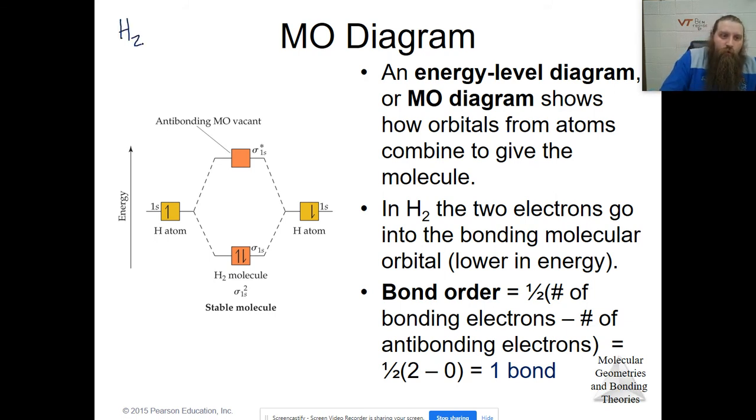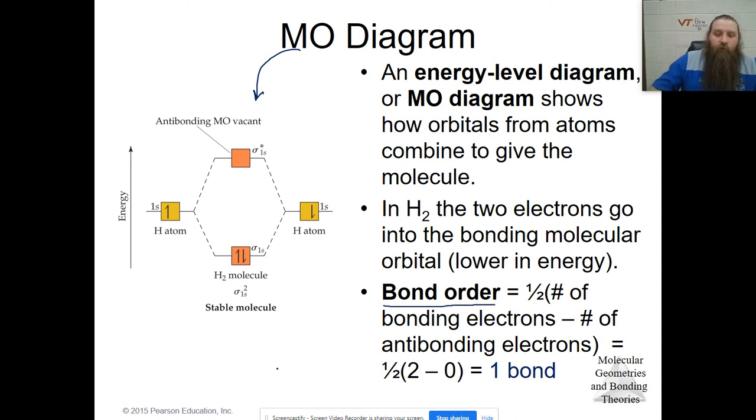So let's first start with, can H2 form? Well, the hydrogen atom has a 1s electron. So here's hydrogen atom number 1, here's hydrogen atom number 2. Actually, we'll call them A and B, because I don't want you to think that's H2. Well, in H2, the 2 electrons go into the lower energy molecular orbital. So this electron is going right there, and this electron is going right there. And once I have this, my molecular orbital diagram, that's what this is called,